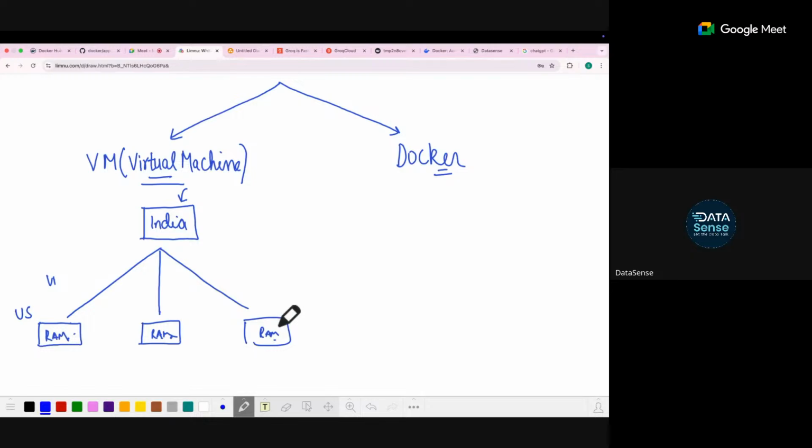The problem with virtual machines is that they are good, no doubt. The problem is that they are heavy. What do I mean by heavy? I do not mean the weight of their weights. I mean to say that